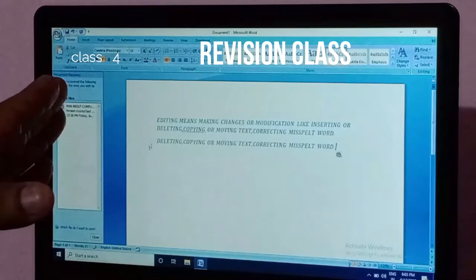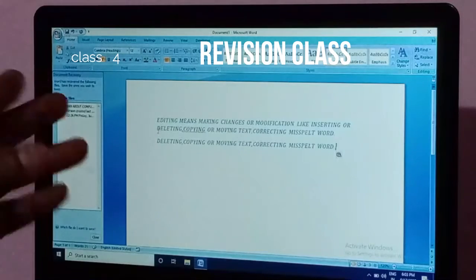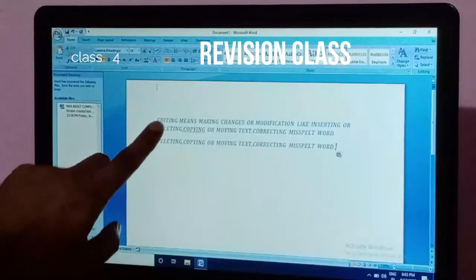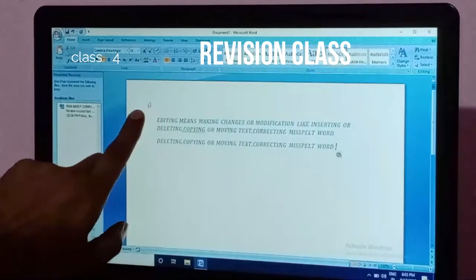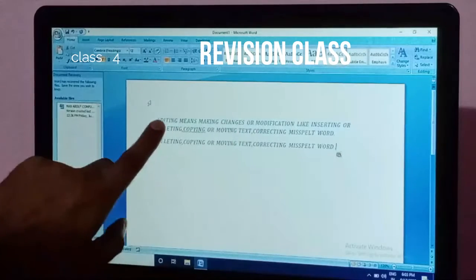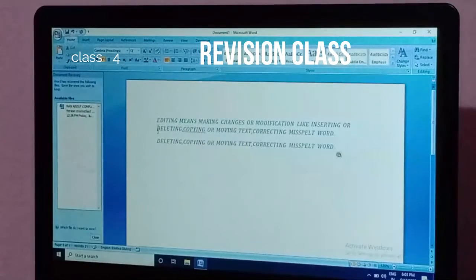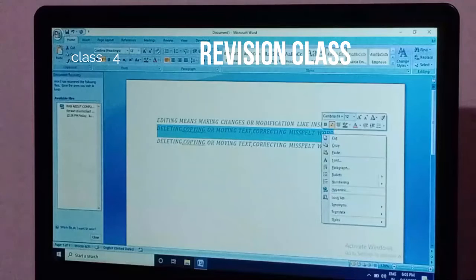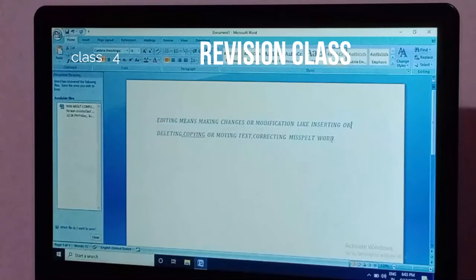Or suppose there are two sentences that are the same, and one sentence is not needed here. You just select all of the sentence and right click, and this option is the cut option. This automatically cuts the sentence.